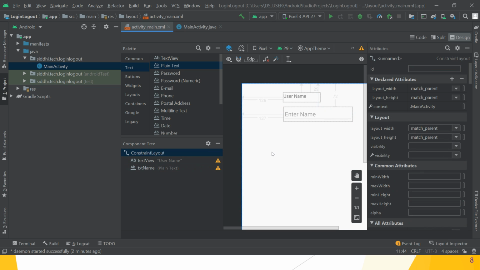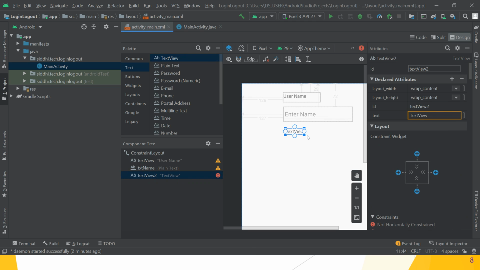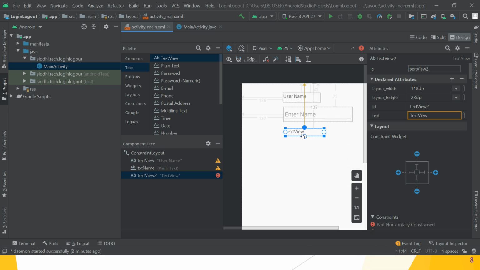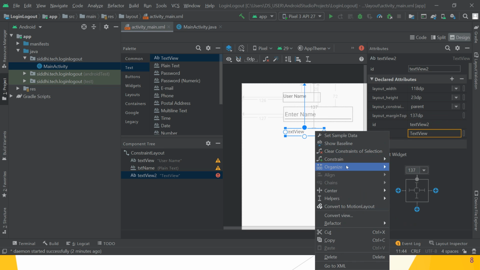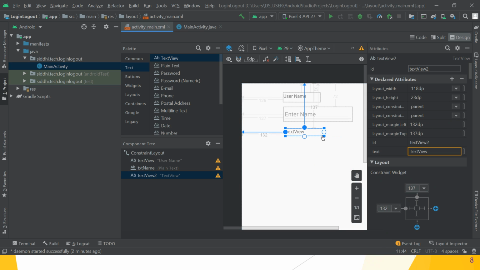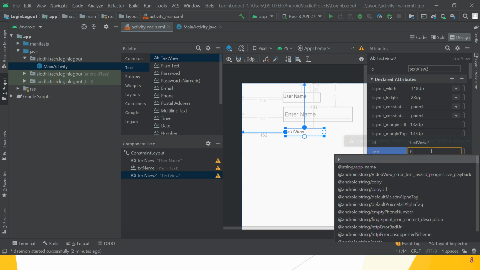After that, choose one text view again. Great. Then give the constraint parent top and from parent start. Okay. After that, give the text as password.